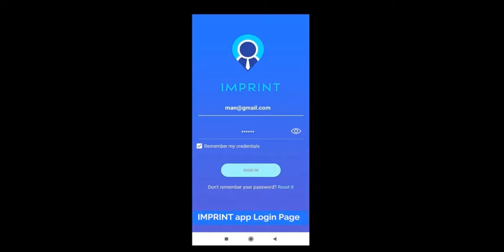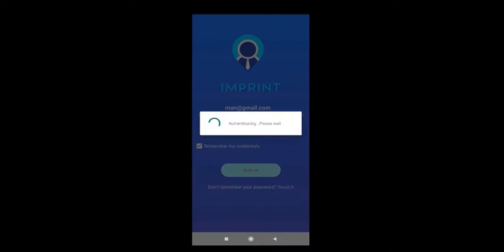We will be discussing the Imprint Sales Agent mobile application. So this is my login page, where as a sales agent, I have to log in in the morning to record my login time. I have to enter the username and password and it will take me to the dashboard,